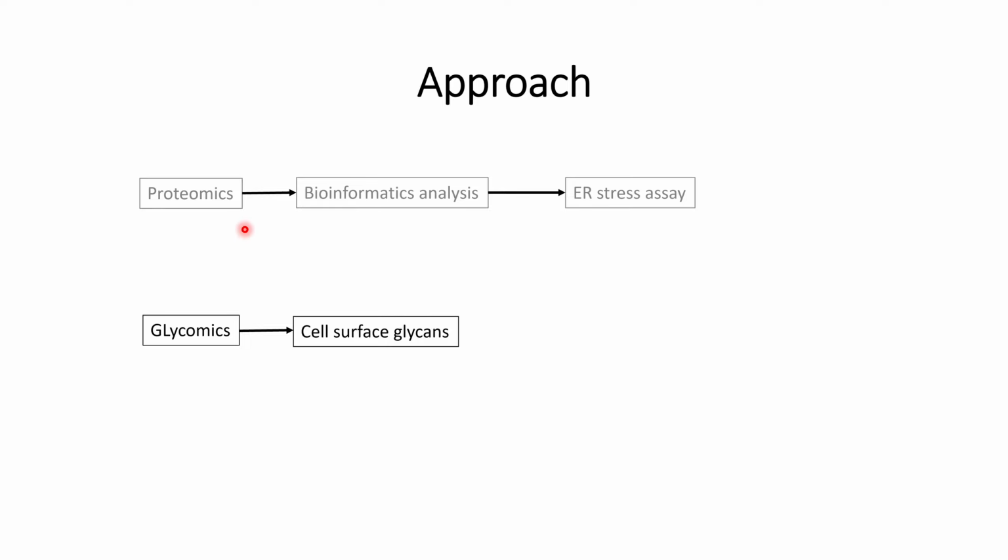First one is the proteomics approach. From this, bioinformatic analysis has been done, and it has been found that there is an ER stress that is generated because of the absence of these chaperones or glucosidase 1. So an ER stress assay has been done to confirm whether ER stress has been there or not.